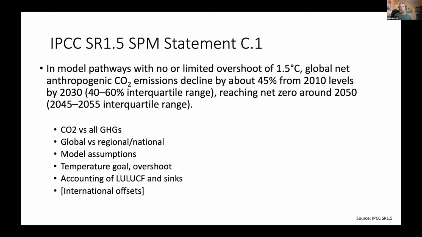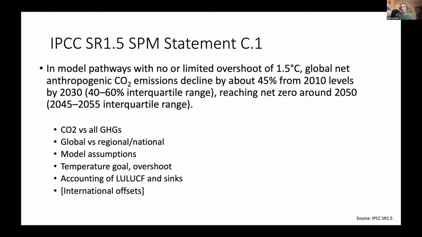Today I'll be mostly, or actually near exclusively, focusing on the modeling that was summarized in the IPCC's special report on 1.5 degrees that came out in October 2018, and trying to unpack some of these things. I took 1.5 degrees to be most relevant because we are a climate network and all these things, right? But net zero and